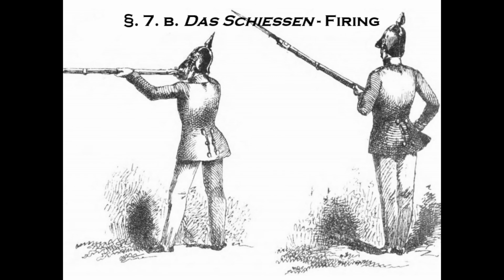When drilling and loading, remember that it is detrimental to the Gewehr to allow the hammer to strike the cone if no cap or other protection is on it. Therefore, when performing the loading drill without cartridges, avoid drawing the hammer entirely for any reason,